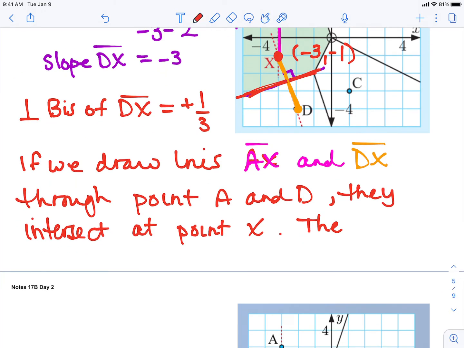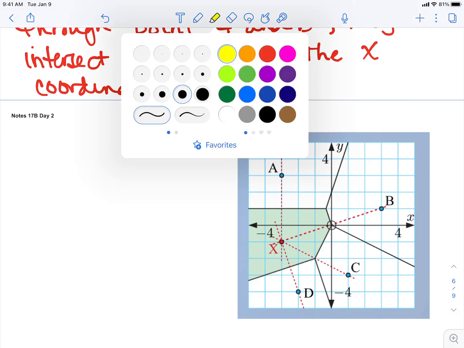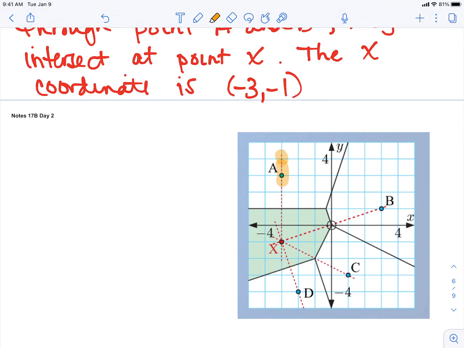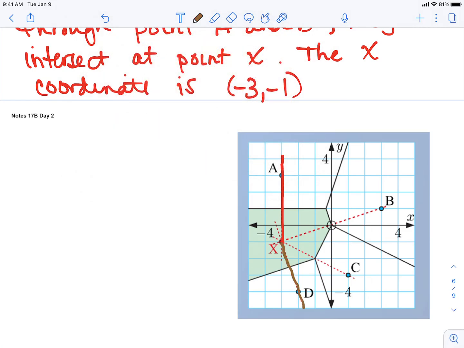The X coordinate is -3, -1. All right, continuing on, taking that graph one step further. So we've just created this dashed line from A to X, and then we have this dashed line from D to X,